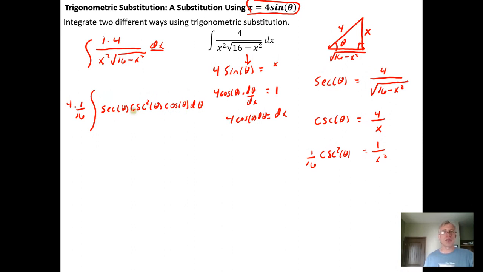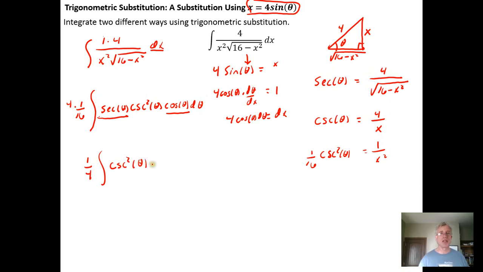Now we want to notice that order of multiplication doesn't matter. So we're okay to multiply the secant of theta times the cosine of theta, because multiplication of trig functions is going to be both commutative and associative. And secant is just the reciprocal of the cosine function. So the secant, which is 1 over the cosine, the secant times the cosine equals 1. So we get 1 times the cosecant squared. So simplifying this fraction out here, we're going to get 1/4 of the integral of just the cosecant squared